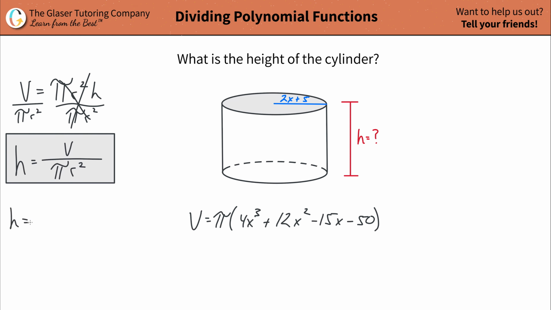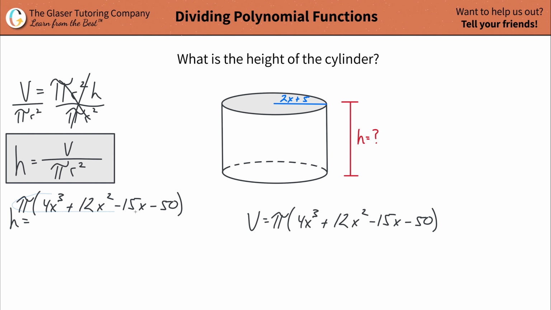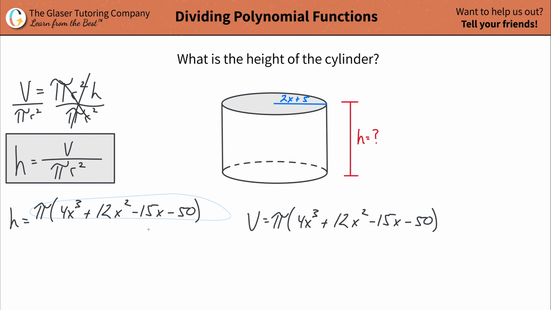So what I'm going to do now is plug in the values. Here's the value of the volume, so let's plug that into the numerator. That's going to overlap a little bit and it's not going to look as nice as I thought, but we'll just reorganize. Then you're going to divide it by pi times your radius value here, which is 2x plus 5